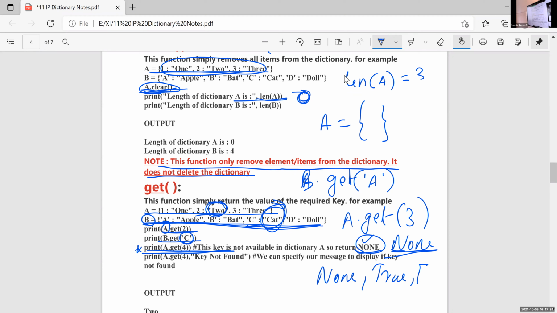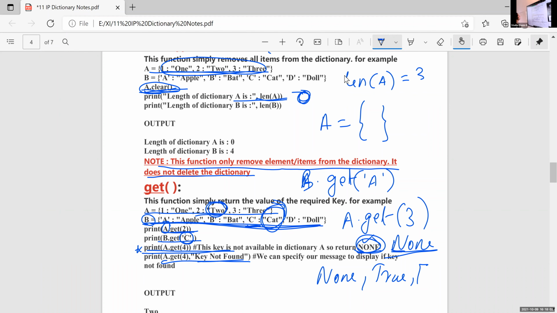Then in this statement, print A dot get 4 comma key not found. Here the meaning is that if that particular key is not found, automatically it will return none. We can give one default message also. We can write a message like this: key not found or key is not there. Any message you can give.